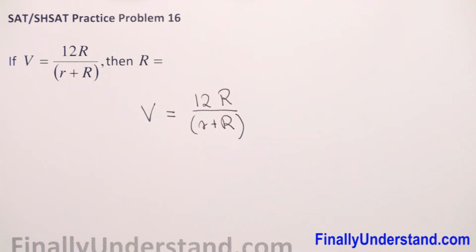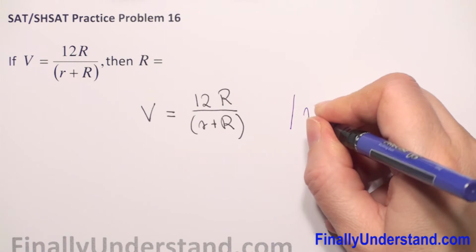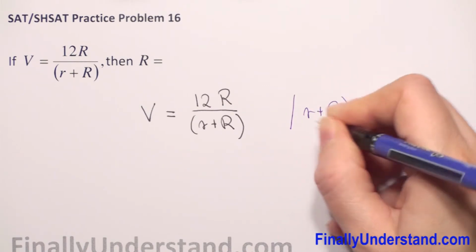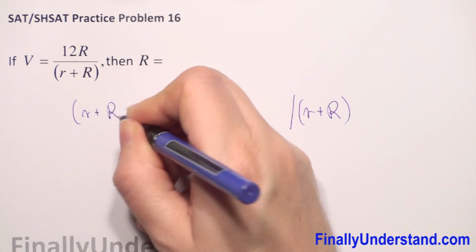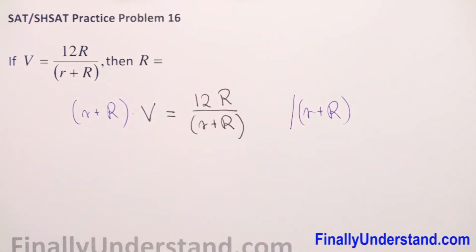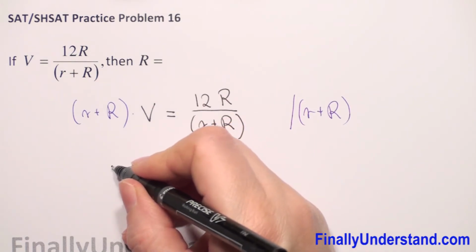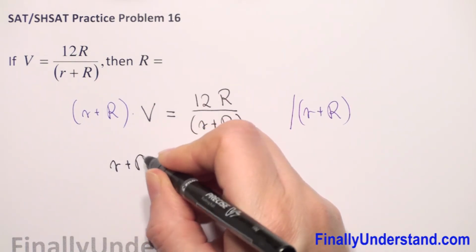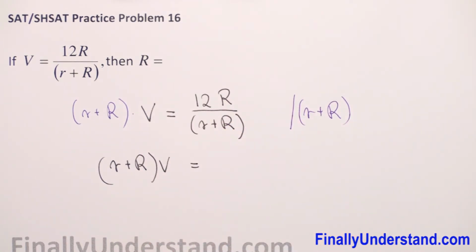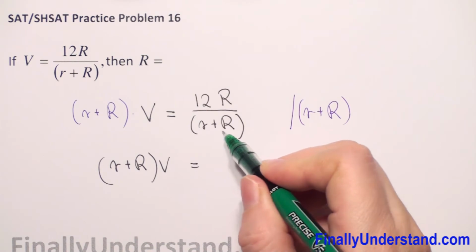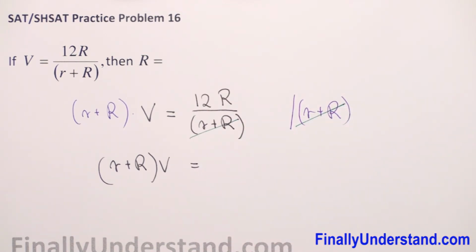So I will multiply both sides of our equation by r plus R. So on the left side we will have r plus R times V is equal, and now we see that r plus R will reduce with r plus R, so we have only